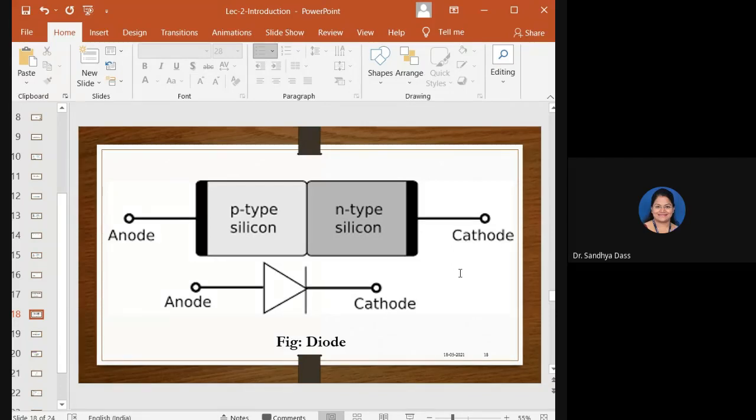So when a crystal, say a silicon crystal or a germanium crystal, has been doped, then it is called an extrinsic semiconductor. And there are two types. That is what we have understood till now. An n-type semiconductor has free electrons as majority charge carriers, and a p-type semiconductor has free holes as majority charge carriers.